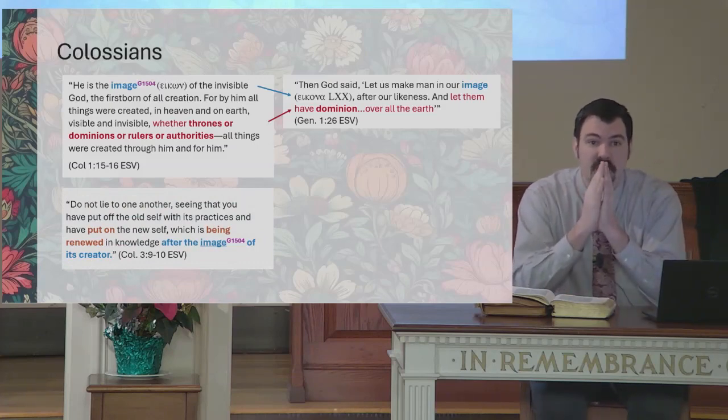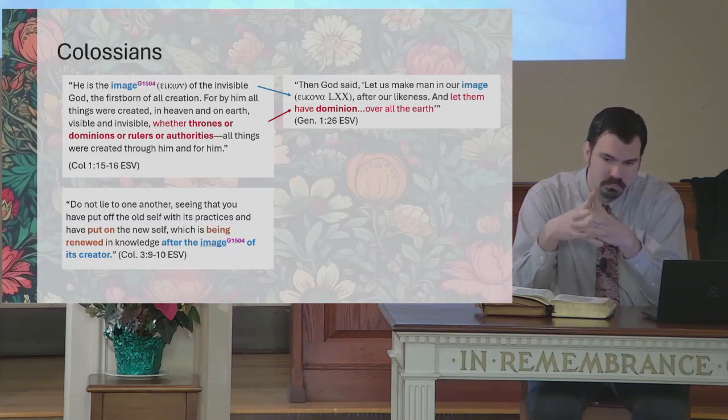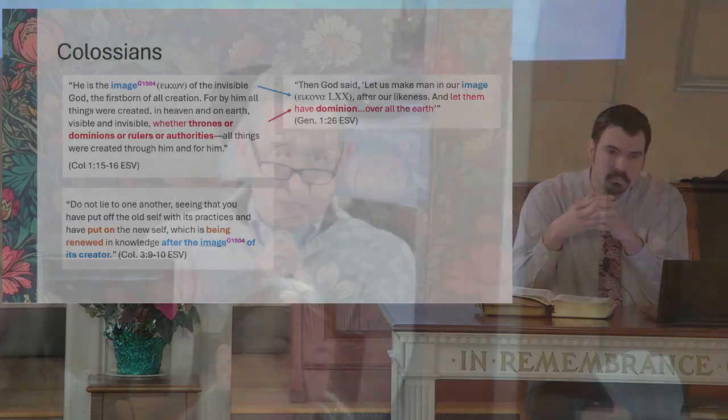Yeah, Ben, I thought that was really helpful, looking at Colossians 1:15-16 and the way you've highlighted the thrones and dominions, showing that this is not referring to the first creation, but to a future creation. Really helpful to see that highlighted that way. And then particularly showing the Genesis 1 comment there to the right on the slide, where you see that God's purpose was that man would have dominion